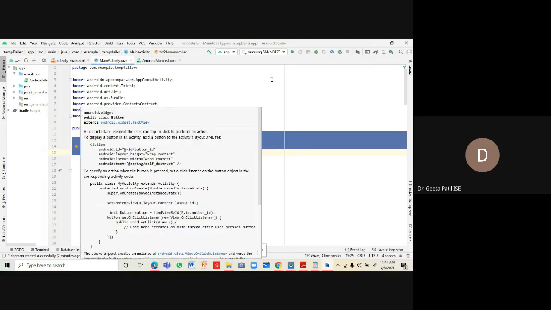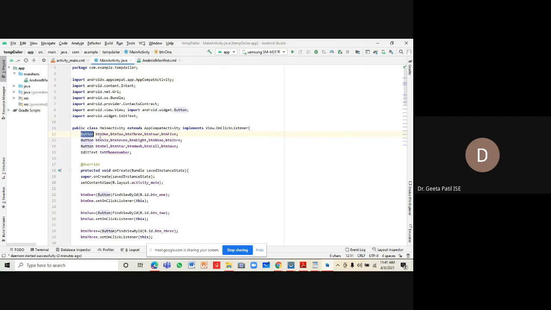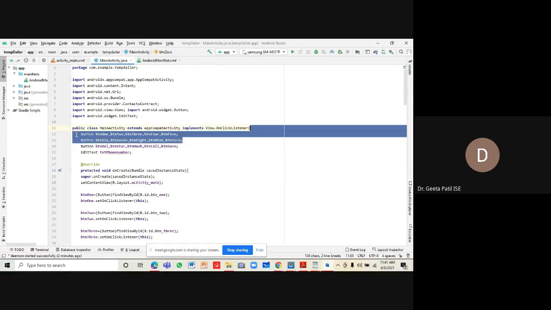We have button1, a button type object, button2, button3, button4, and so on till button0. So we have 10 objects of type button for referencing the 10 number buttons available in our app.